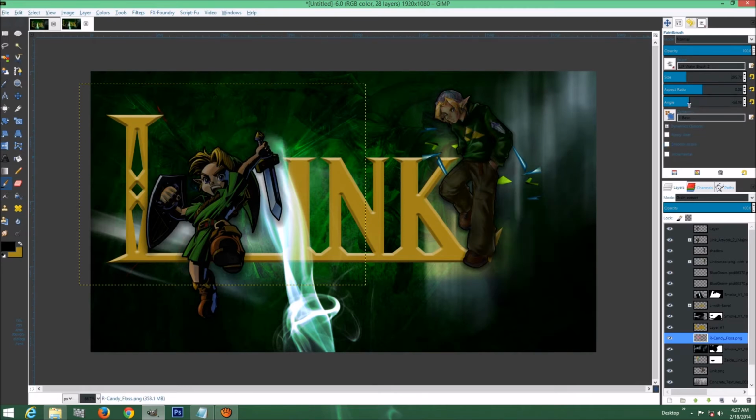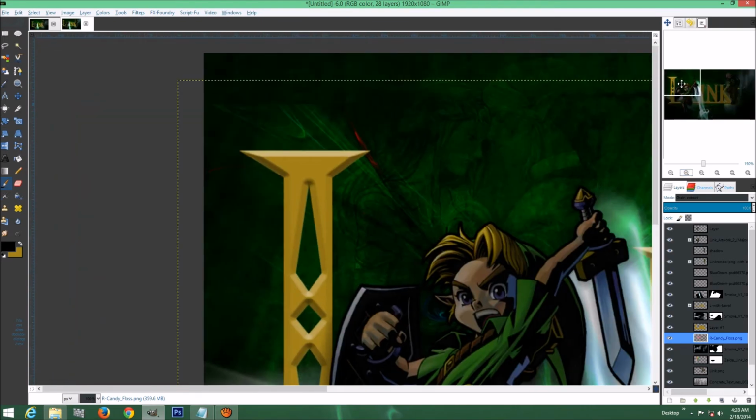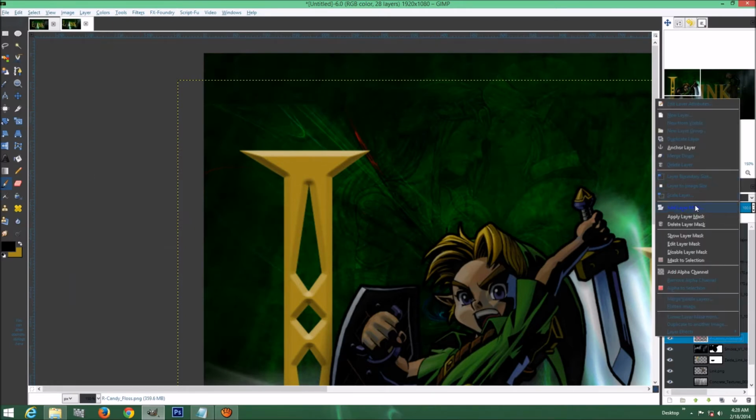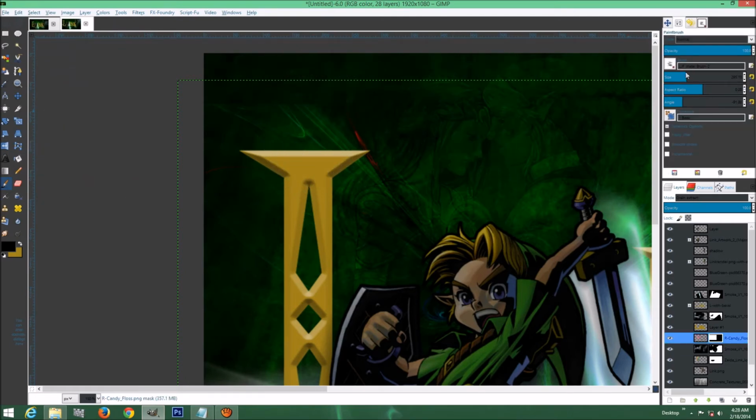And we're going to move the angle of it to where it's pretty much straight up and down. About right there, so about 90 degrees, negative 90. And we are going to zoom in over here and make sure it's black, and we're going to right click and add a layer mask, white transparency, and we're going to make the brush size a little bit smaller